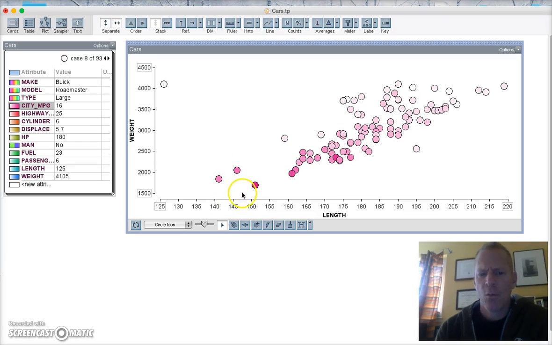And one thing to notice is that this means that cars that are short tend to be lighter, and then as you get a little longer, they tend to go up in weight. And as you keep on getting longer, you get heavier. And that makes sense, right? Longer cars probably are going to be heavier than shorter cars. There is this one exception here, this outlier, but mostly the cars, as they get longer, they tend to get heavier. Now, if we go back to city miles per gallon here,